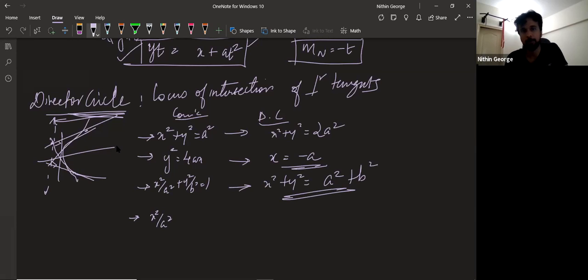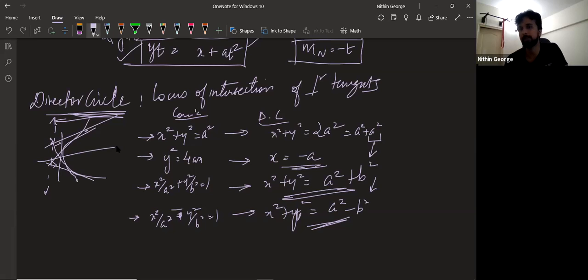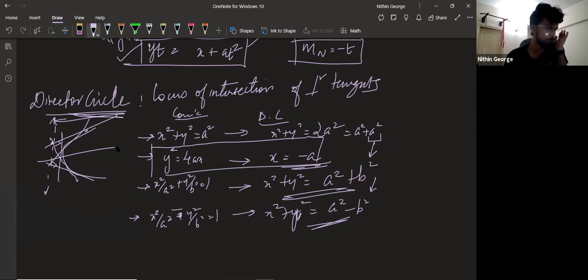Now, for a hyperbola, director's circle will be x square plus y square equal to a square minus b square. So just think of writing the circle's part as a square plus a square and replace one a square with b square to get that of ellipse, and replace that b square with minus b square to get the same for hyperbola. Think about it like this. But for a parabola, things are a little different. We are looking at the directrix itself, x equal to minus a.